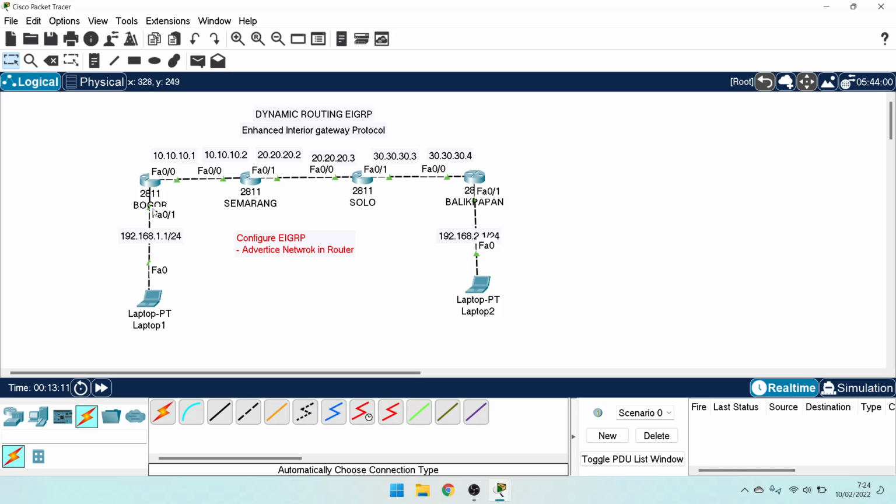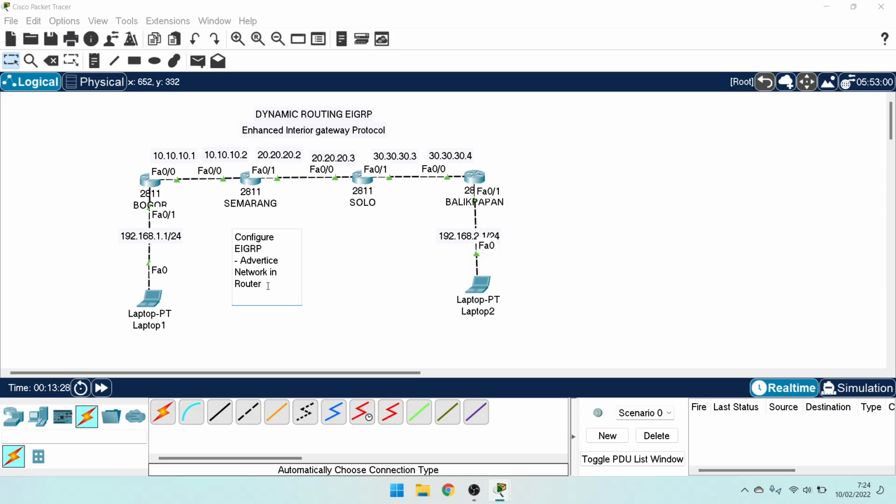For example, router Bogor advertises the networks 10 and 192.168.1.1. Okay, advertise the network in the routers.